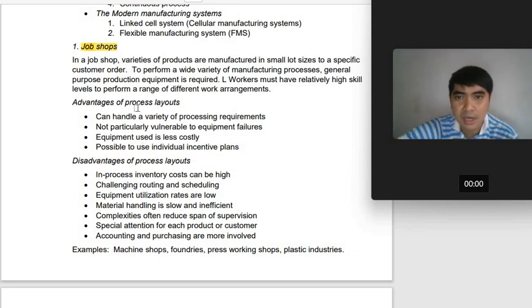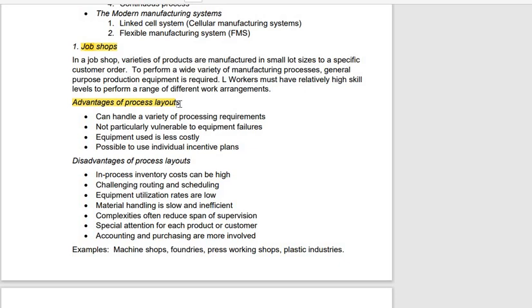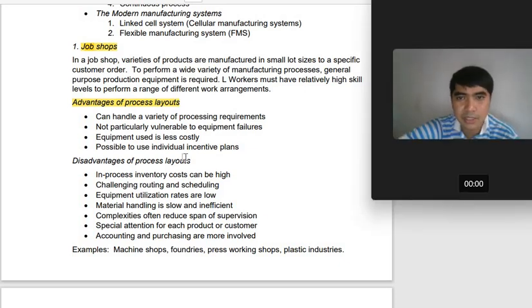Advantages of process layouts under job shops: they can handle a variety of processing requirements, because we can customize the features of products here in job shops. They are not particularly vulnerable to equipment failures, because the equipment here is separated from each other, and we can maintain one equipment by itself. Okay, so we should ensure that the workers